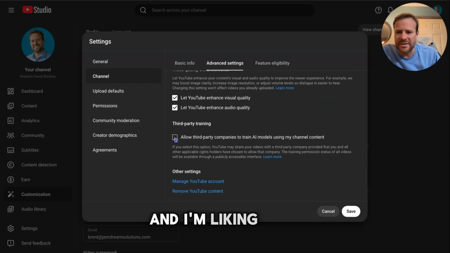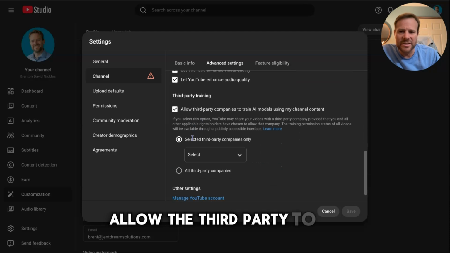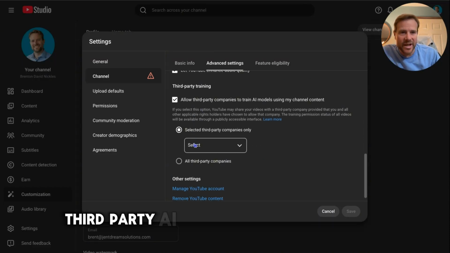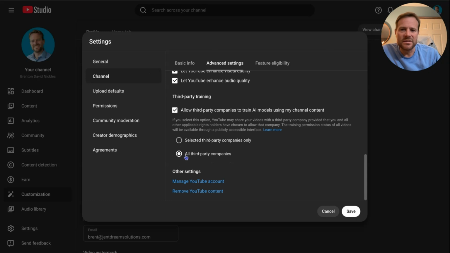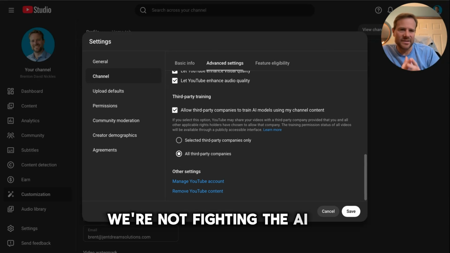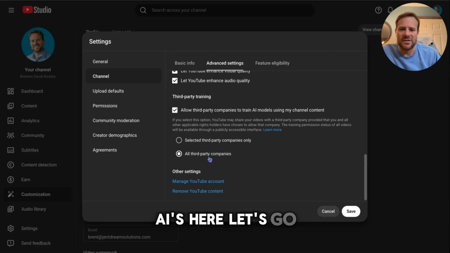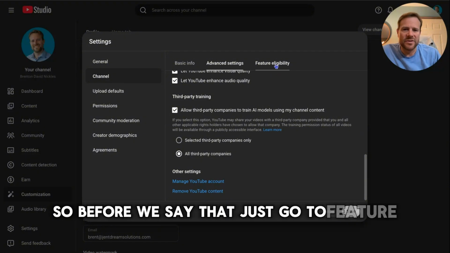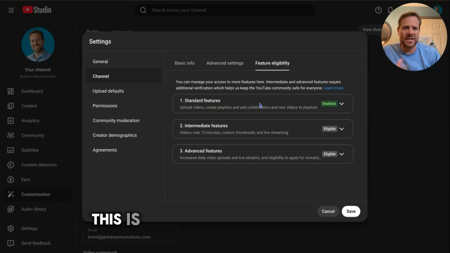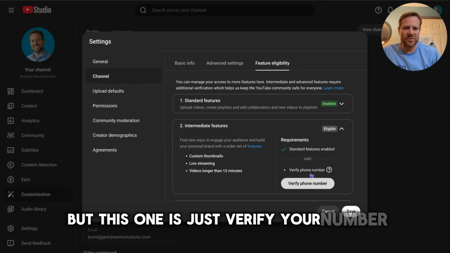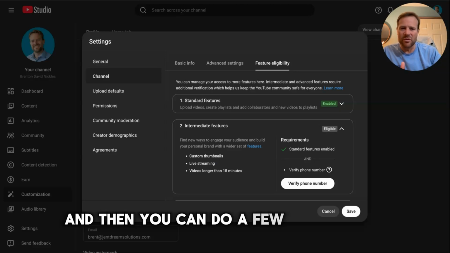And I'm liking, allow the third party AI to learn from us. And we're not fighting the AI. Like, AI's here. Let's go. So before we save that, just go to feature eligibility. The only thing I'll say is this is kind of like a trust ladder. It doesn't have to do with growth. But this one is just verify your number, and then you can do a few more things.